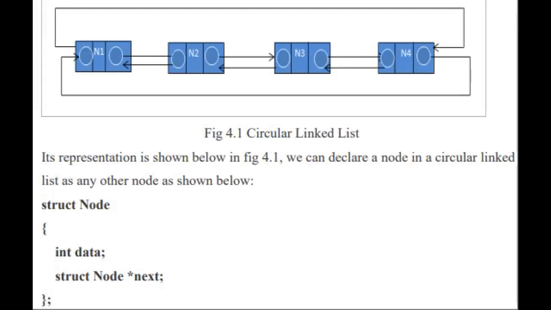So this is how the circular linked list is working. The end node will be connected to the first node. And if it is a doubly linked list, there will be a link part in front of the data and after the data part. So that is doubly linked list. There isn't any other difference between the doubly and singly linked list. The difference is just that it has a link part before the data part. So how can we define a structure, a node in a linked list is